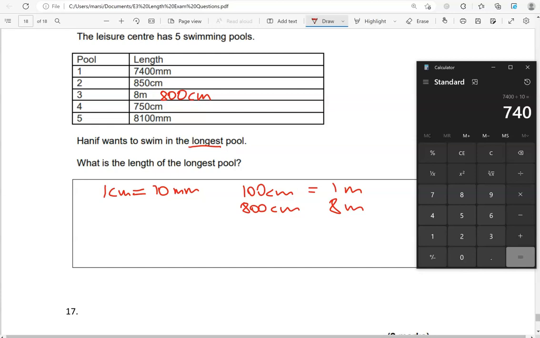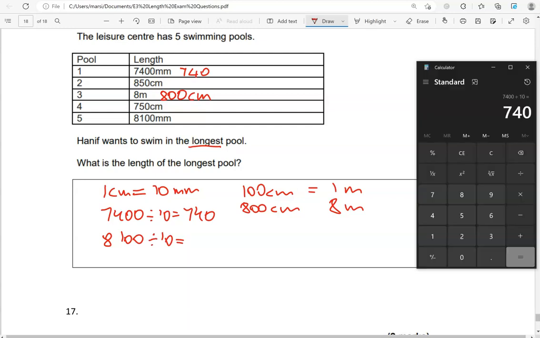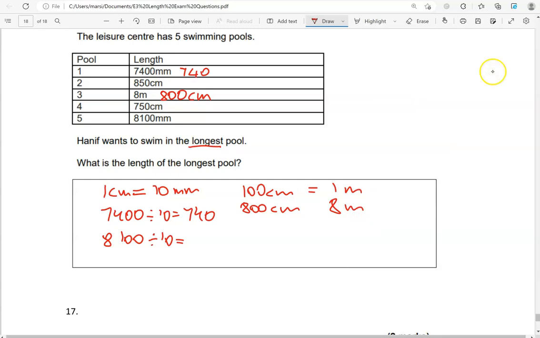So that is 740. And we have 8,100 millimeters. Again, if we divide that by 10, it gives us 810